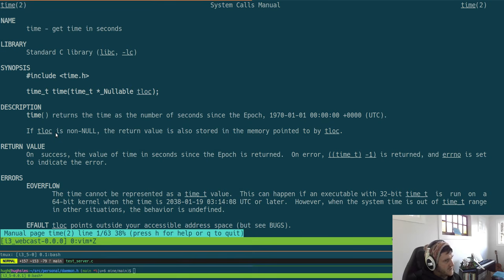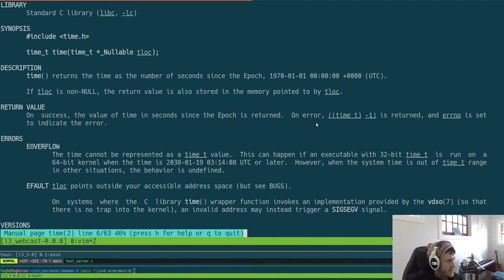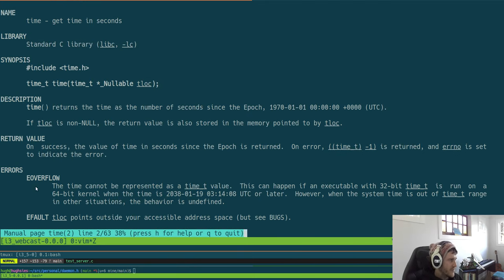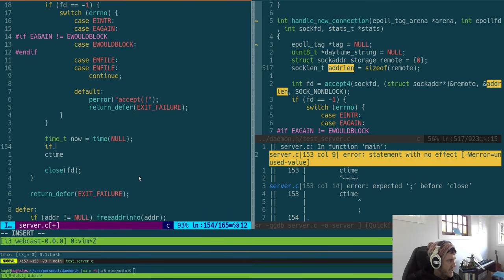This does theoretically return an error, but that's also a valid time. But we could get an overflow error, which I guess would tell us that, because we also have errno, because it's C, man. Well, it's more C standard library, but so what we can do is do this, and if